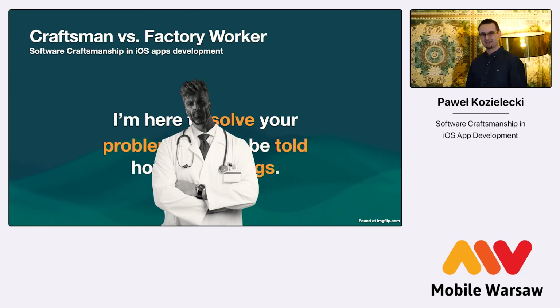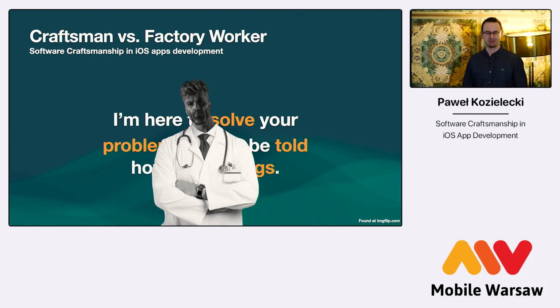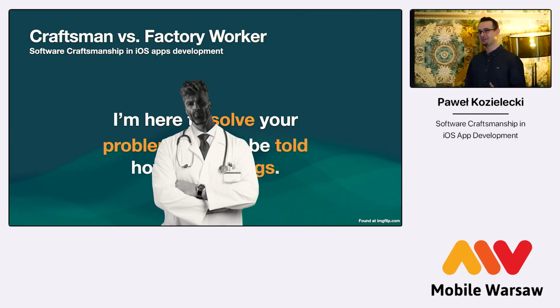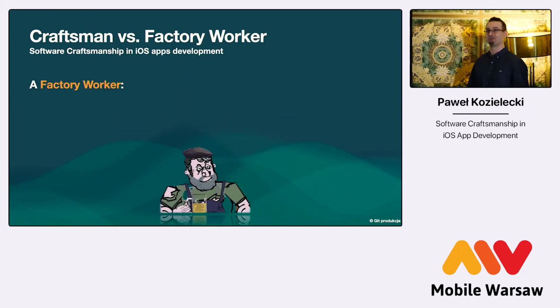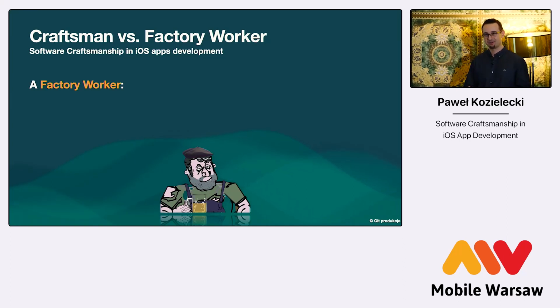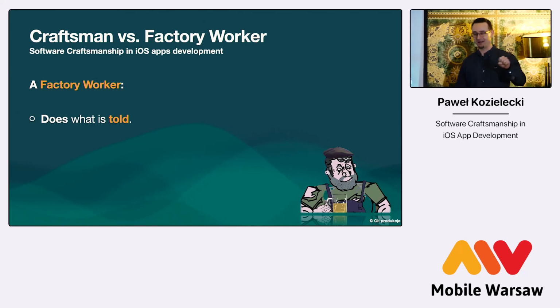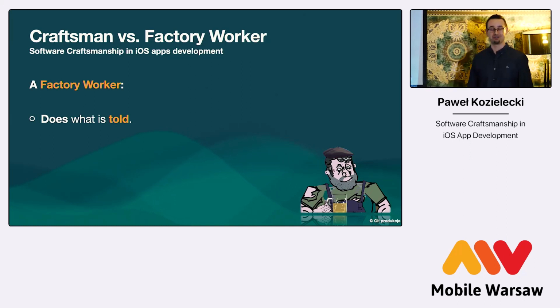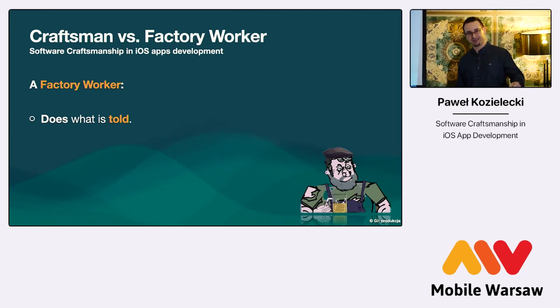However, when it comes to our profession, I think you can all agree that sometimes we allow the clients to tell us how to do our job. And when we do, we slowly transition dangerously into the approach characterized as a factory worker developer. So if you think of a typical factory worker, what are they responsible for? Only to do what they're told, to show up in the factory on time, punch a clock card, just do what they're told for 8 hours straight or however long is their shift, and then punch the time card back and just go home, right?